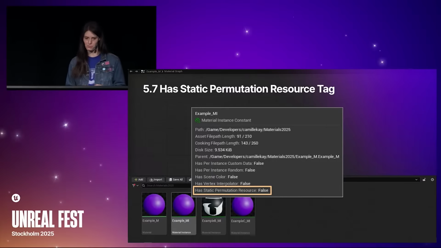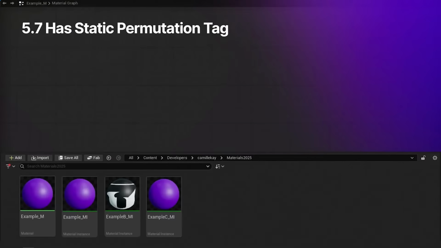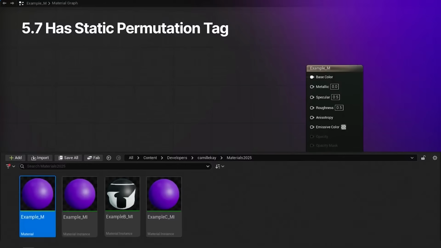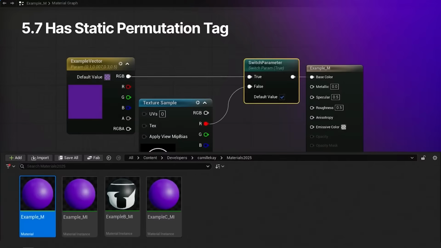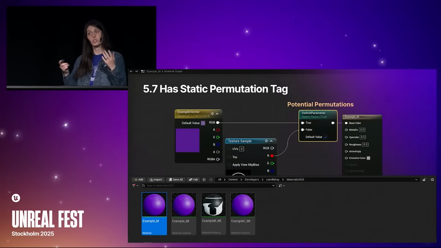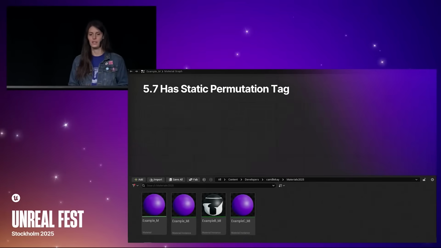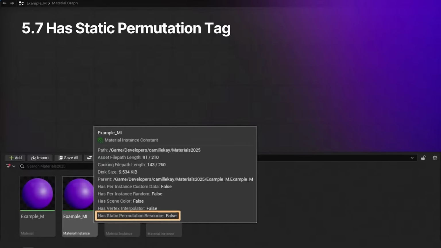or base property overrides. In this example parent material, we have a vector parameter, let's say a texture sample, and we pop in a static switch parameter to decide which of these two we want to use for the base color. And the default value is true. And the static switch is a potential source of permutations, which of course can have performance costs, so it's good to know about them. So in the content browser, we can take a look at this first material instance, and